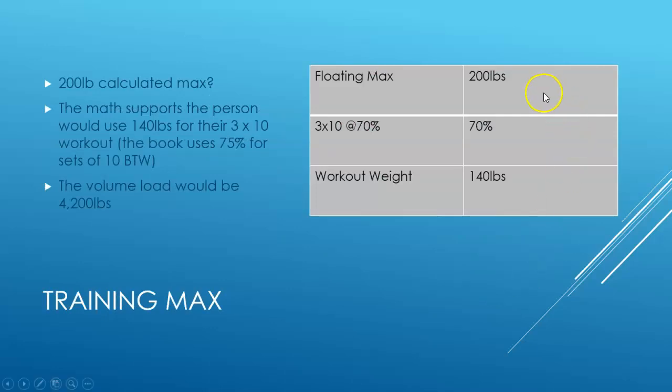So you have your athlete, their bench press is 200 pounds. You want to do 3 sets of 10 at 70%. Their workout weight is going to be 140 pounds. Well, 140 pounds at 3 sets of 10 will give you 4,200 pounds. Now, the book likes to use 75% for 3 sets of 10. I find it to be a little bit aggressive. I'm more like 68 to 73% of 1 rep max. But nonetheless, in the example we're doing here, your volume load would be 4,200 pounds moved